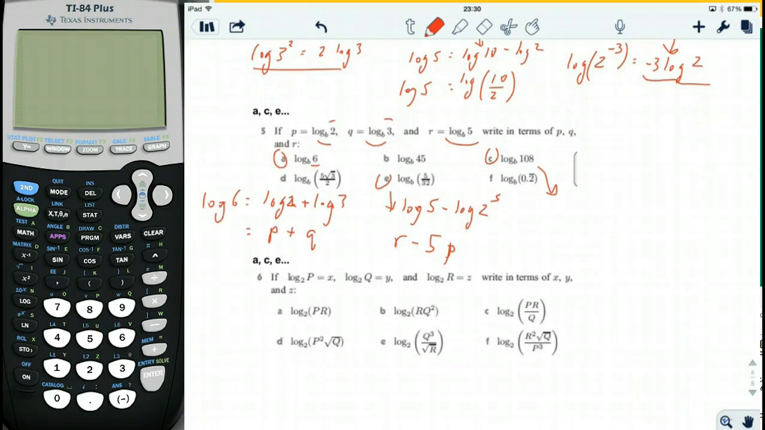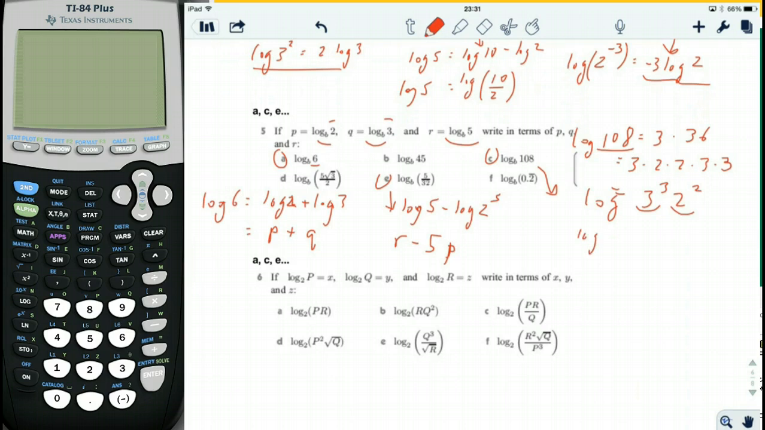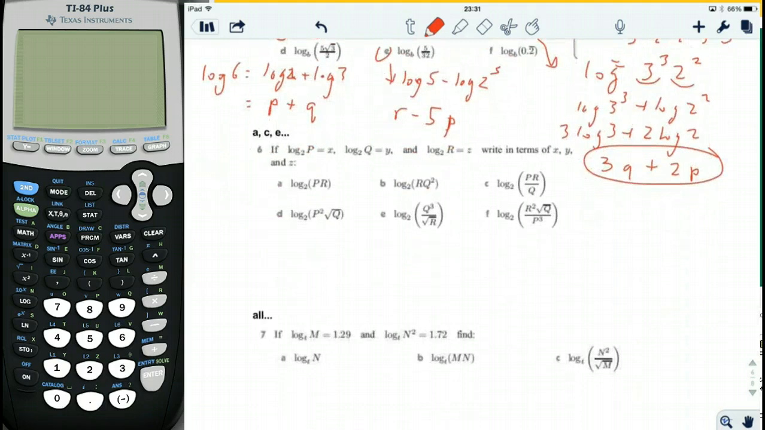108 is, we try to find the common factors of. So the factors of 108 are 3 cubed and 2 squared. So if we take the log of 108, that's the same as the log of these. So that would be the log of 3 cubed plus the log of 2 squared, which is equal to 3 times log of 3 plus 2 times log of 2. 3 times log of 3 is 3Q. 2 times log of 2 is 2P. And